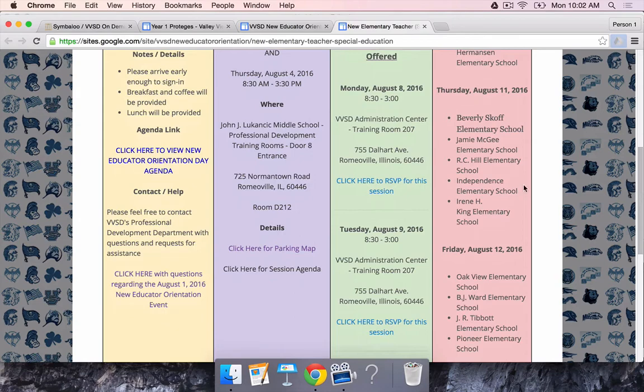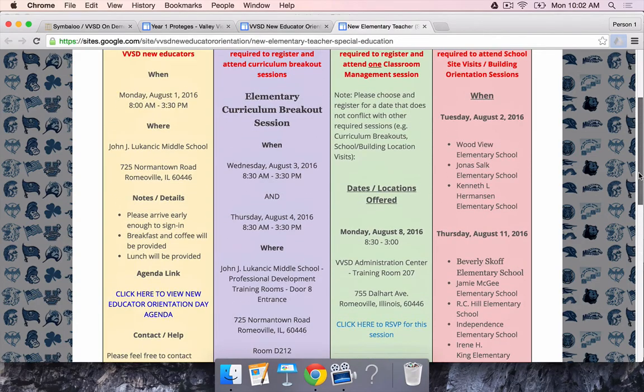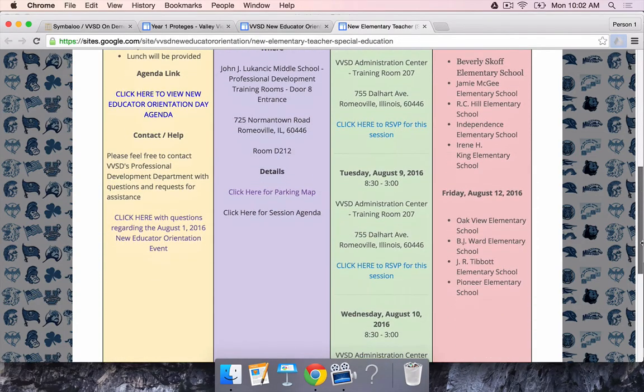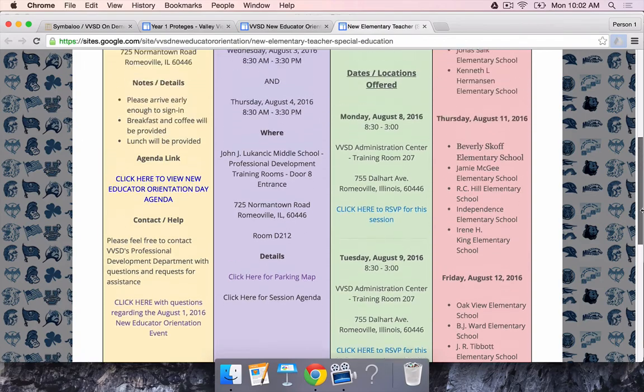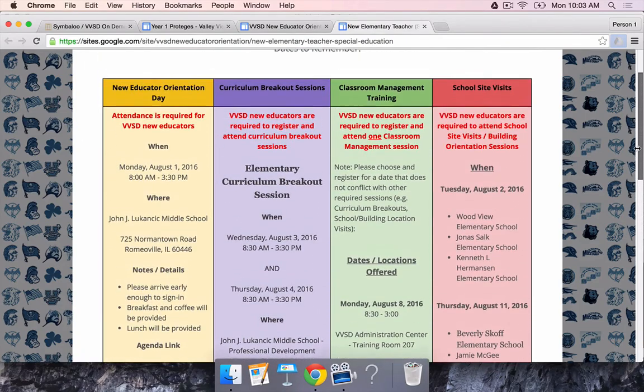If I am a third grade co-teacher, or a psychologist, performing my duties at Irene King, then that building day is August 11th. And on the other hand, if I'm, let's say, working with teachers at Tibbet, then I would be attending on August 12th. So you are basically looking at this column to see when your school is hosting a building day,